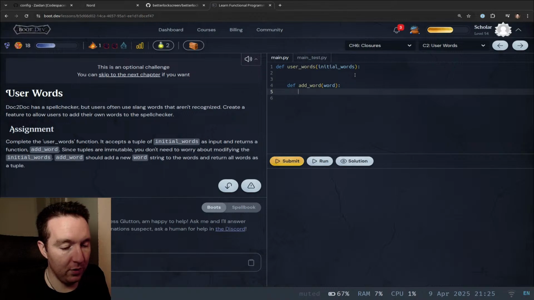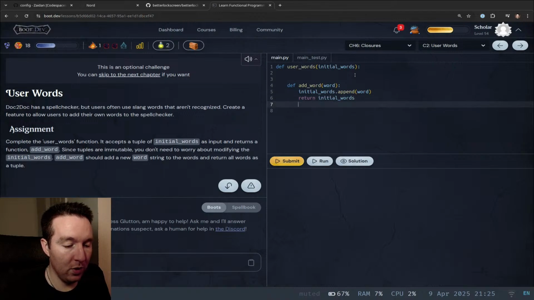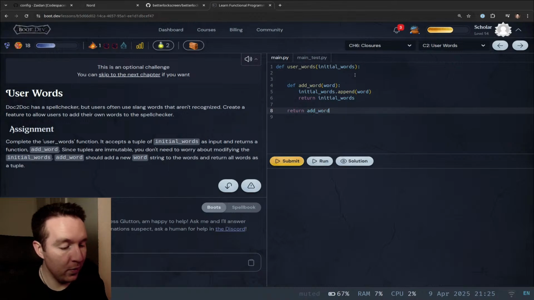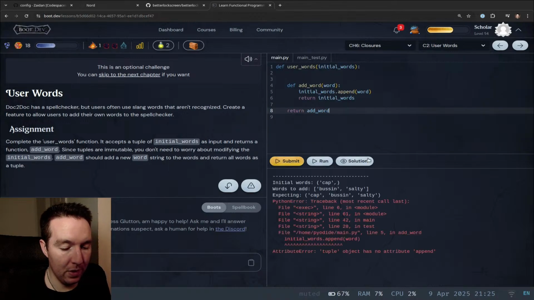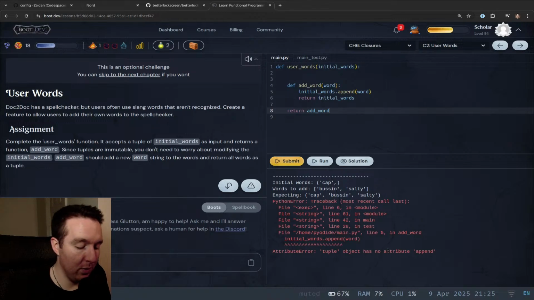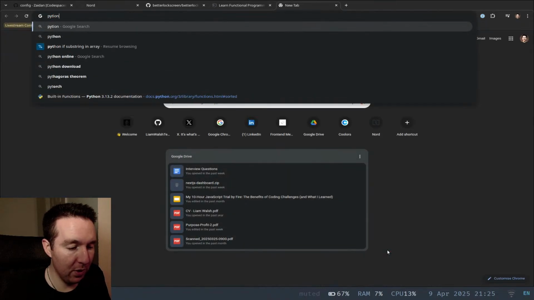So then I guess initial words dot append word, and then return initial words, and then return add word. Oh, tuple object has no attribute append. Whoops. So Python